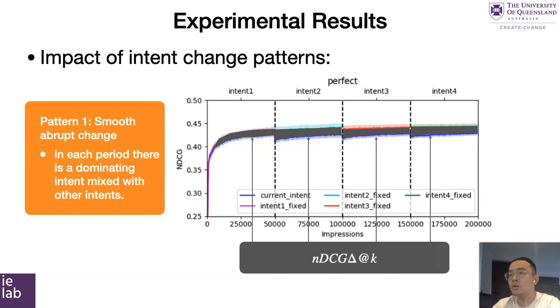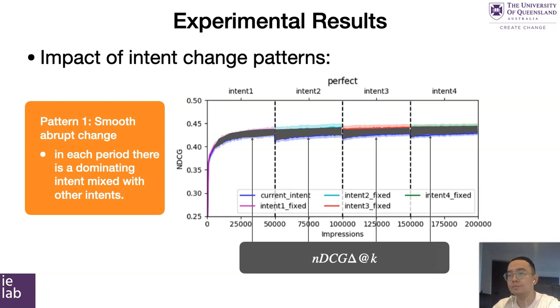As the shaded area shows, the online learning to rank algorithm is struggling to adapt to the interchange and always underperforms the ranker trained with fixed intent. This is expected, as in this case, the click learning signals come from different user intents. Hence, the algorithm will try to learn a ranker that can take care of all the intents, which is a